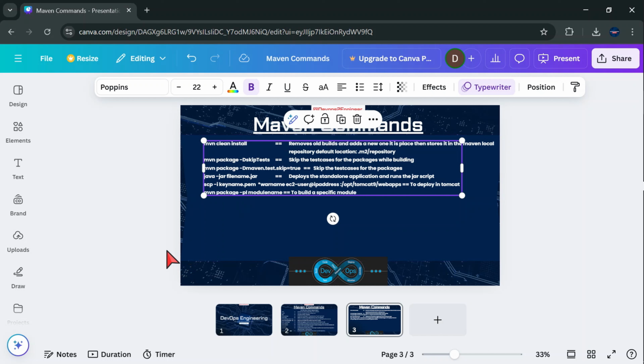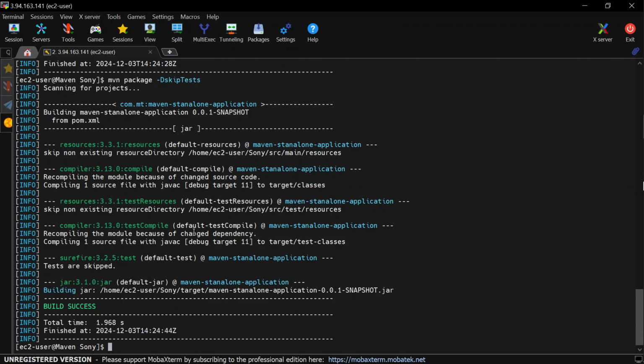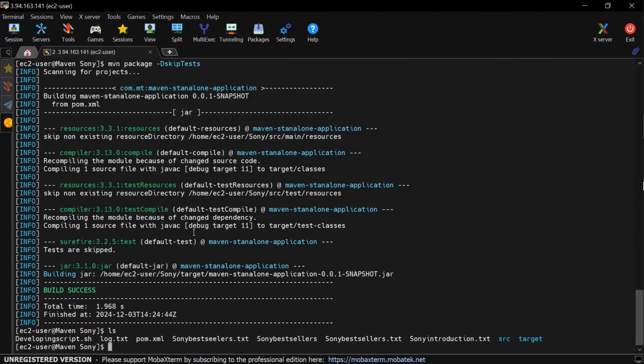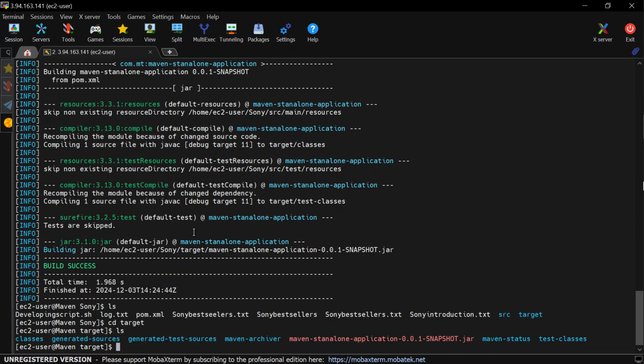Java -jar. So we're going to do java -jar file name.jar, and this java -jar file name.jar will deploy our application, meaning it will run our Java lines of code to see if it's really working. So if we do ls, you can see our target directory is there. Now let's cd into target. Now inside target, we do ls. You can see our Maven standalone application.jar is there. So we're going to do